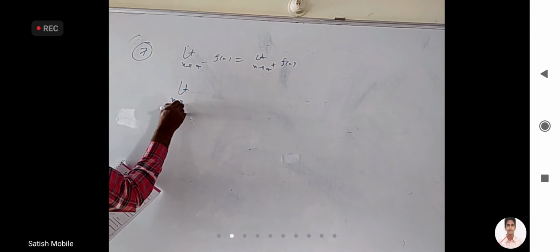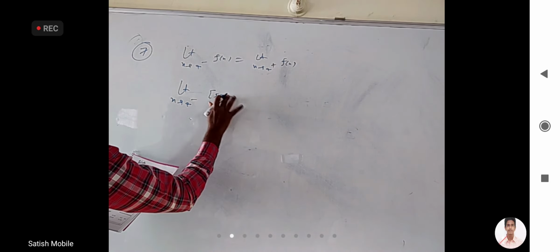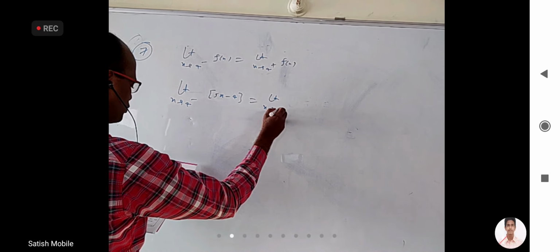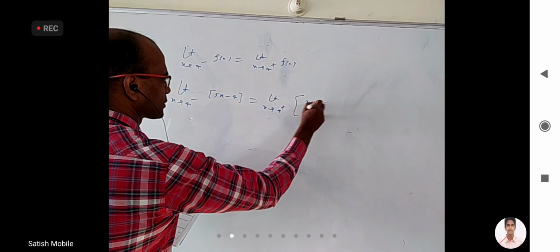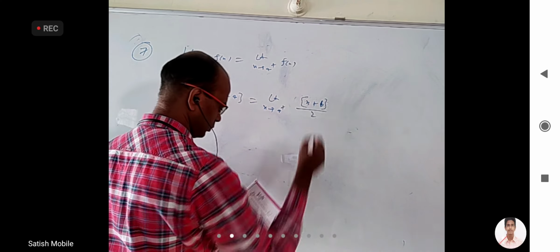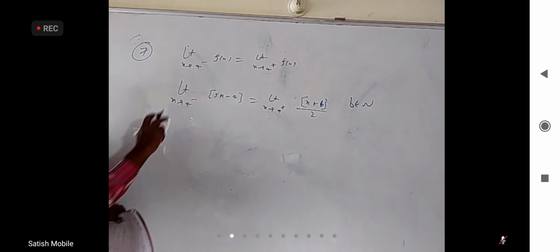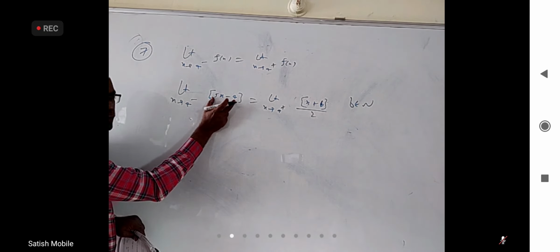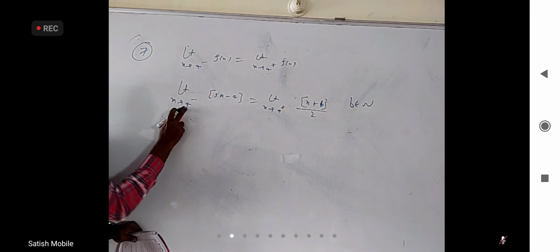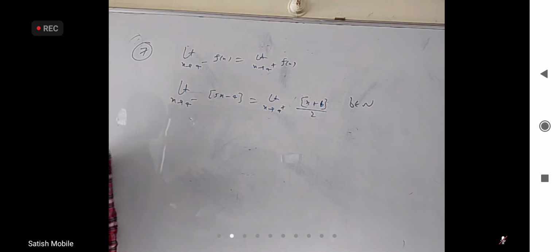That is, the limit as x tends to 4 minus, where the function is 5x minus 4. And the limit as x tends to 4 plus, where the function is integer part of x plus b by 2. They also mentioned b is a natural number. Okay, that's good. Just before 4, actually at 4, what is the value of this? 5 4s are 20, 20 minus 4 is 16. But just before 4, the value will be a little less than 16. So what is the integer part? 15.